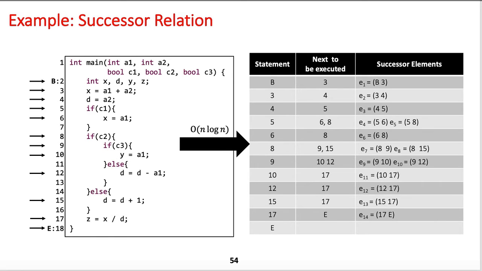The switch statement is an easy generalization of if statement. So here we have three if statements, and the if statement 8, for example, has successor 9 and 15, and so we have two successor elements 8, 9 and the pair 8, 15. So I guess it should be now clear to you what are these successor elements.